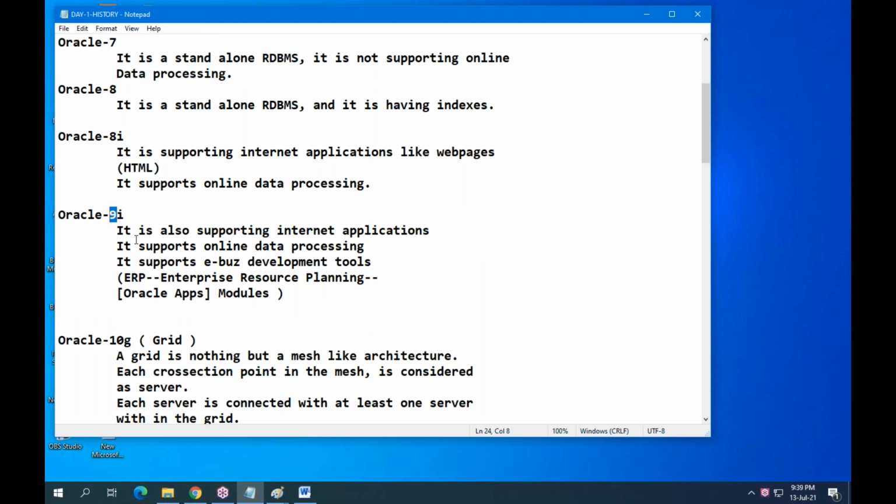What is 9i? 9i is also similar to 8i, but we have some advanced tools and some new concepts like materialized views, which were introduced from 9i. Sequences with default were also introduced from 9i. Like that, we have some concepts that were introduced from 9i.